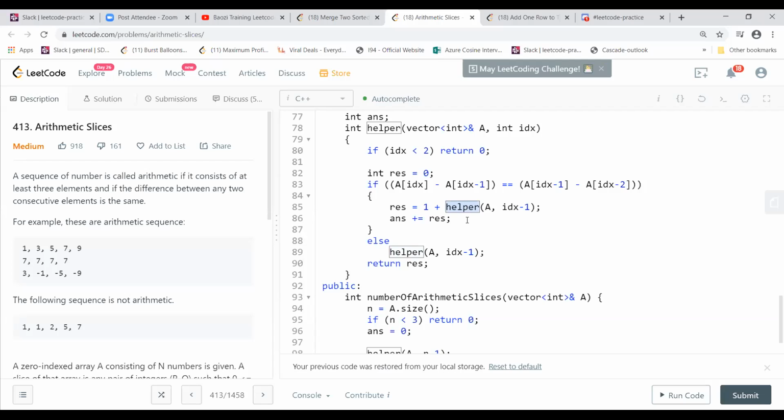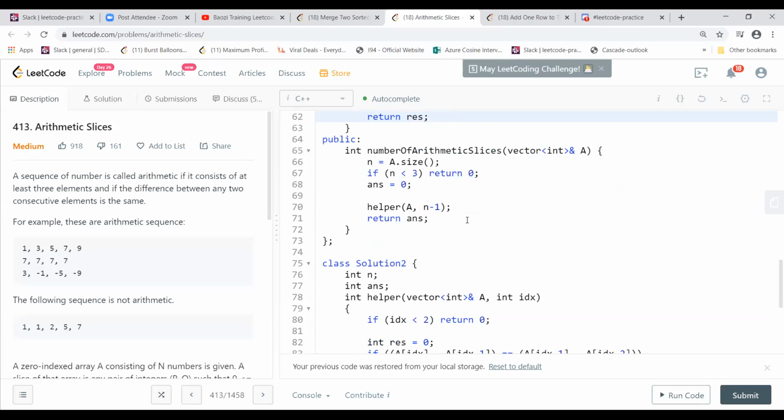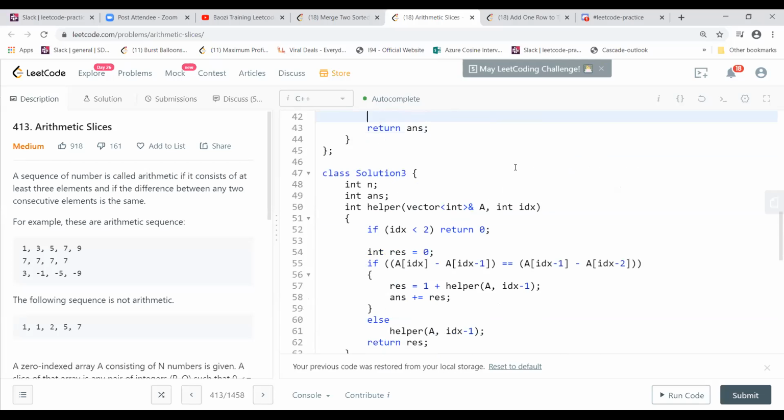Yeah, this was the one. And I think the other thing was the same thing that you explained. But I think there is one way to do it using a DP array, right? A bottom-up approach, instead of using a single variable like you used.